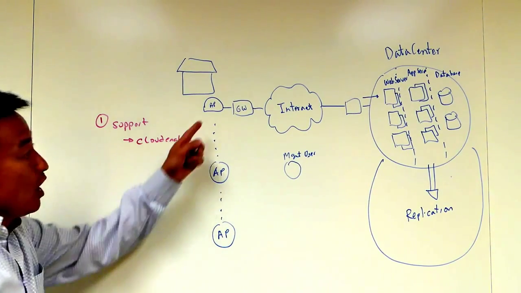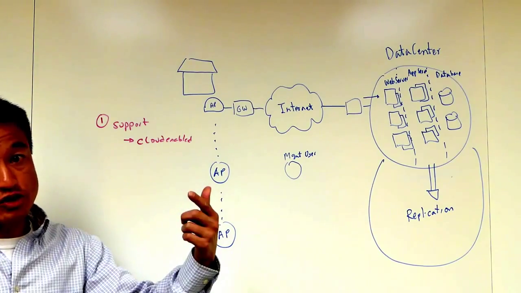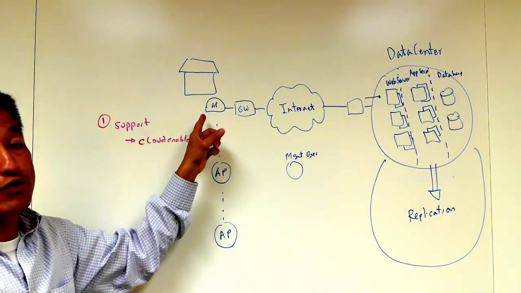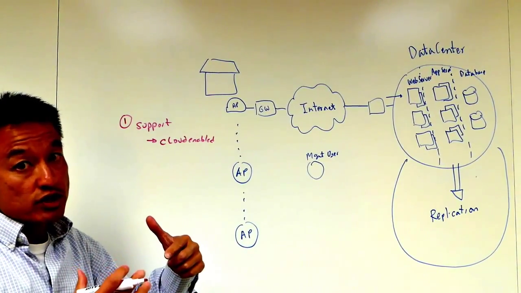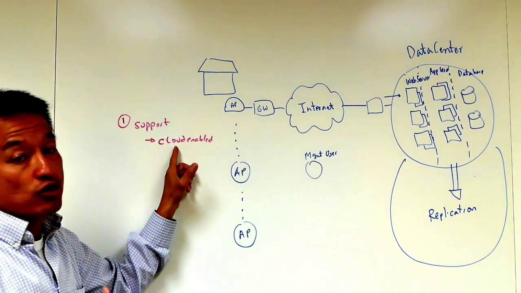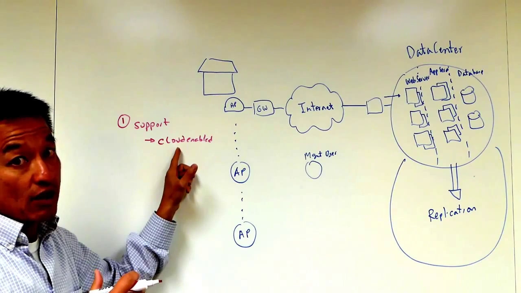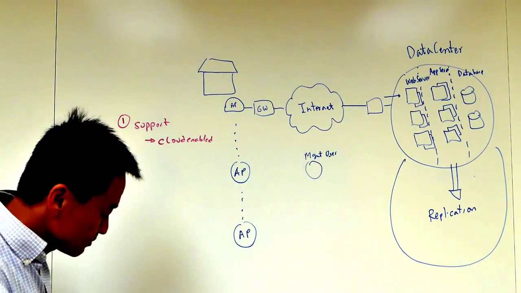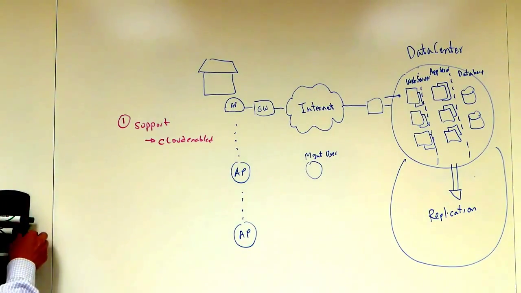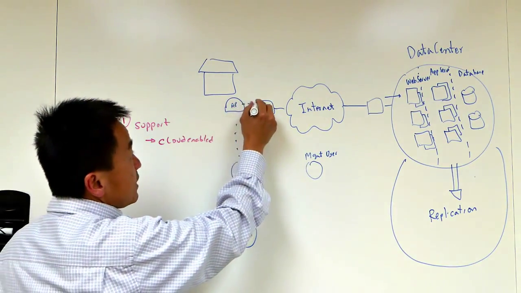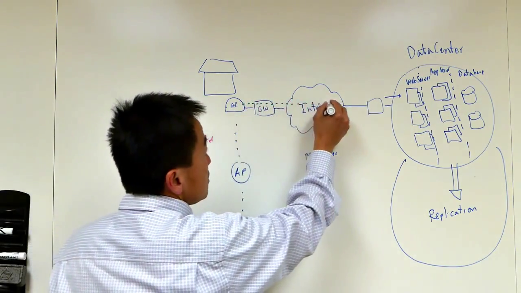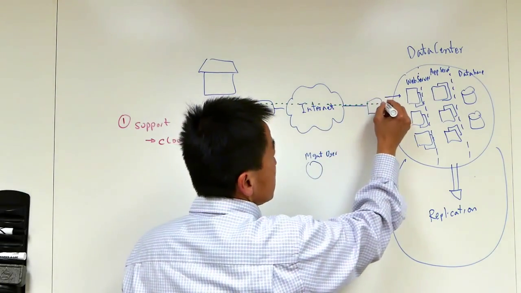In the future, all access points that are sitting in the distribution and channel partners will already have this firmware deployed. But obviously, initially during the transition period, the customer should go down there and take the latest firmware that has cloud-enabled functionality. And what it does, once you plug in the access point at home, the first thing it does is the access point automatically calls home, which is basically calling